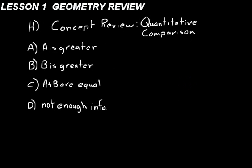Okay, one more section, and this one is dealing with some of the questions that you might see if you're going to take the SAT or the ACT test. These are called quantitative comparison problems, and that's kind of self-explanatory there. You're going to be comparing quantities, and